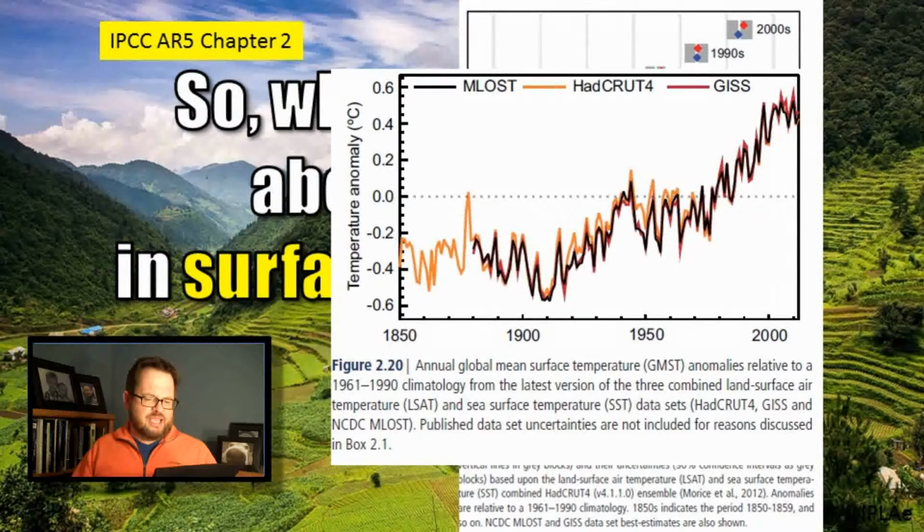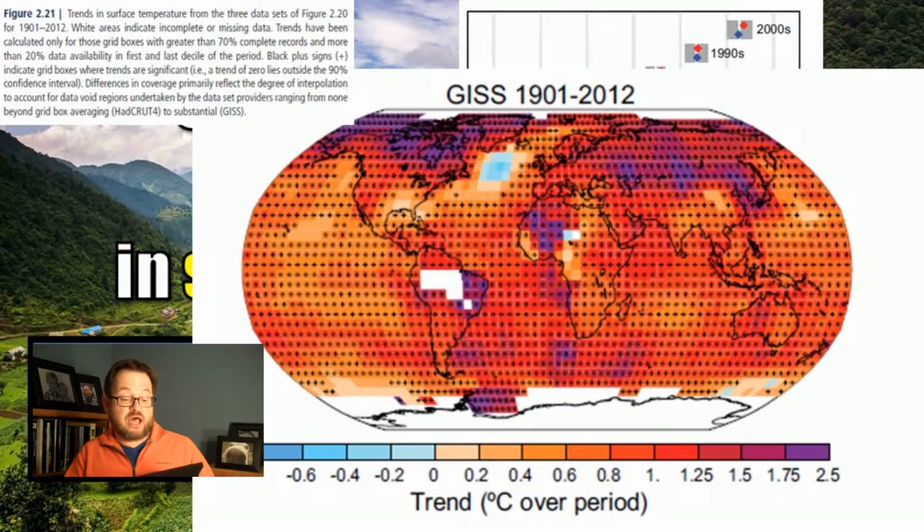Let's see here. So again, here's another archive of the same sort of thing. Global mean surface temperature anomalies relative to their climatology for the land surface and the sea surface temperature databases. Okay, again, we see this temperature change here. And in fact, all these diagrams that we've been seeing so far show a global mean temperature, but we could switch on the next slide to actually look at individual locations. So there they divided the world up into what are probably 5 degree by 5 degree boxes or something like that, and in a few places there weren't enough observations for them to do this kind of analysis, but